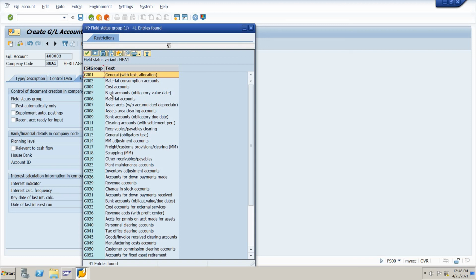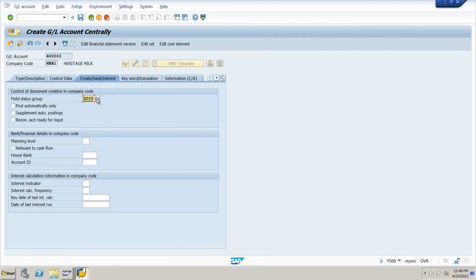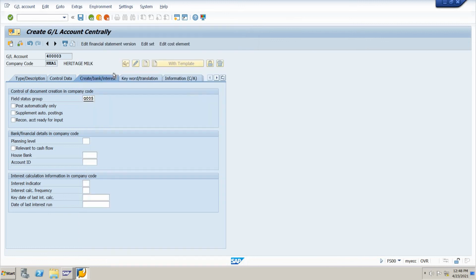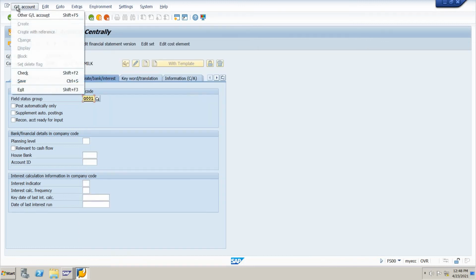We have already configured G005 for the posting date also. We have already chosen the optional entry for the posting date. So G005 is for a bank. This is not a bank account, right? So we have to give G001 and go to the GL account.